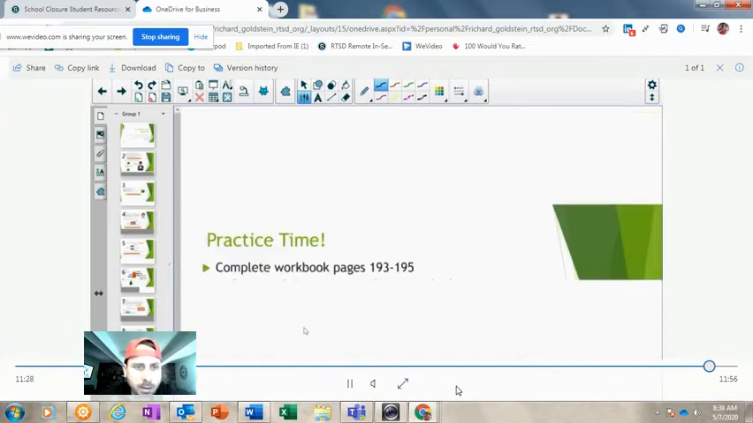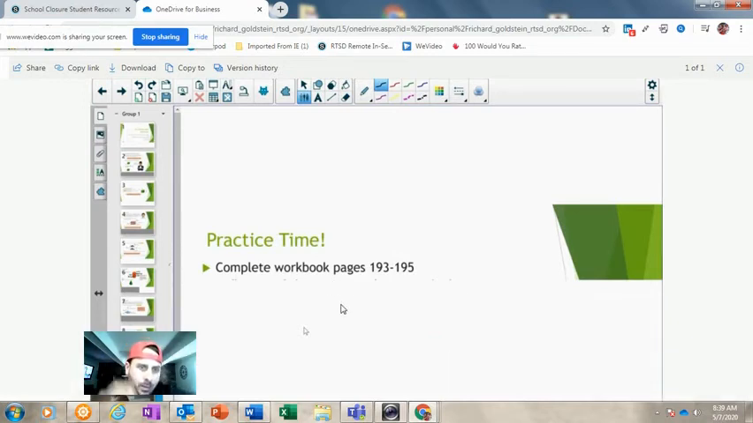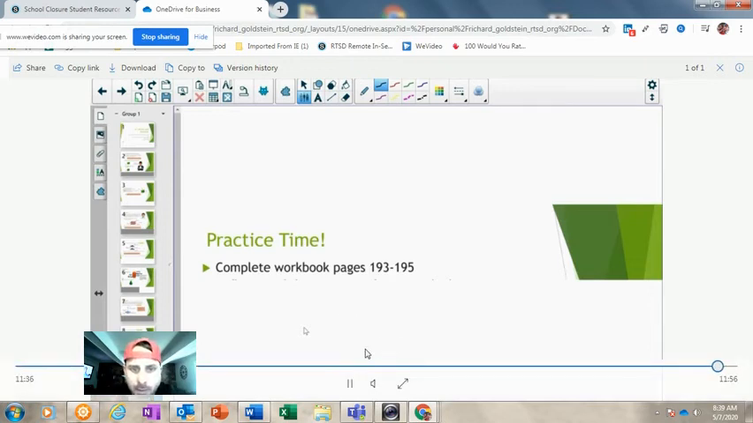All right, now it's your turn to practice. So give it a shot. Hop into your workbook. Pages 193 to 195 will give you some great opportunities to practice with these three-dimensional shapes. Labeling figures, faces, edges, vertices,